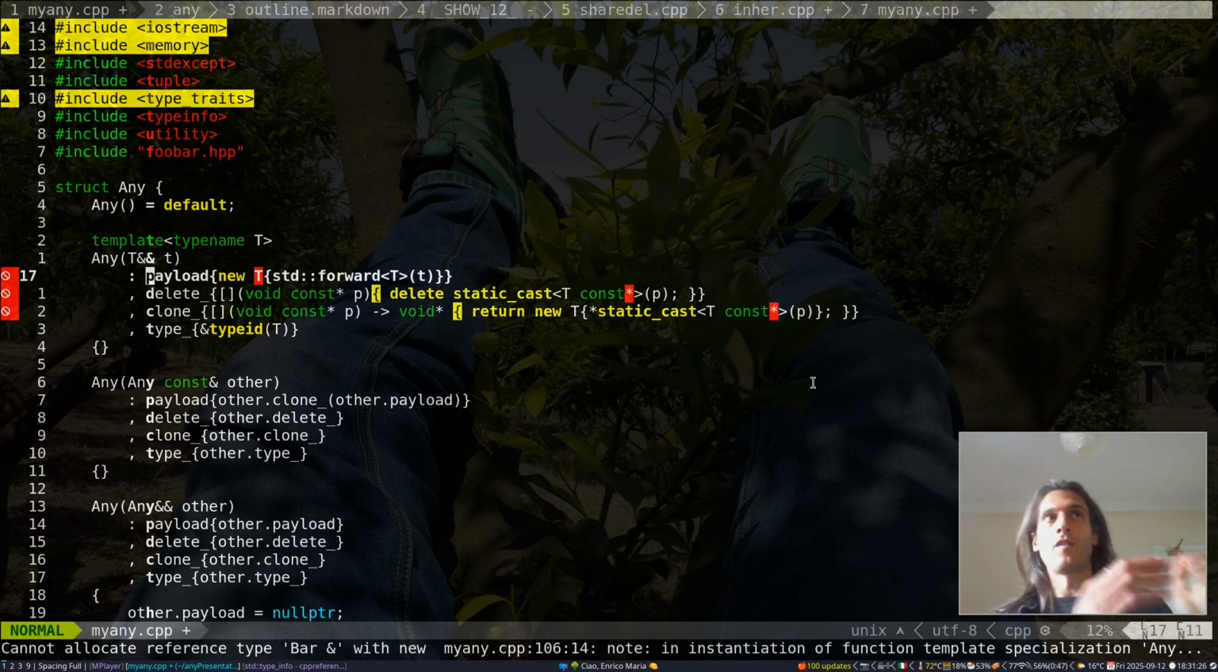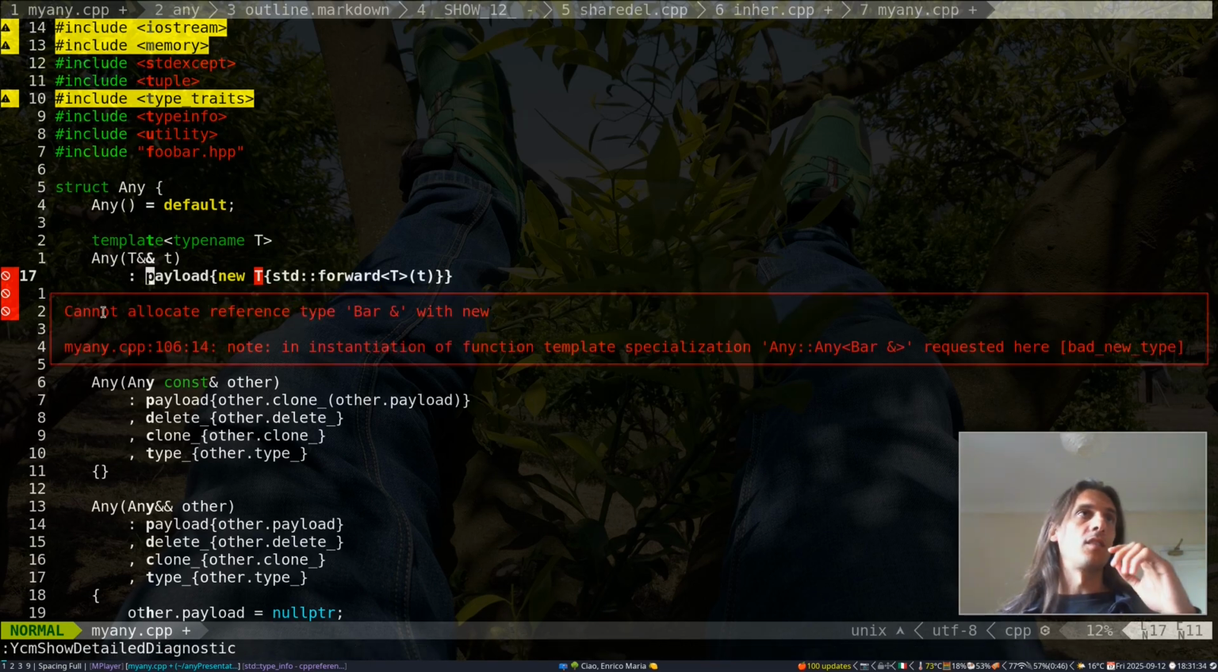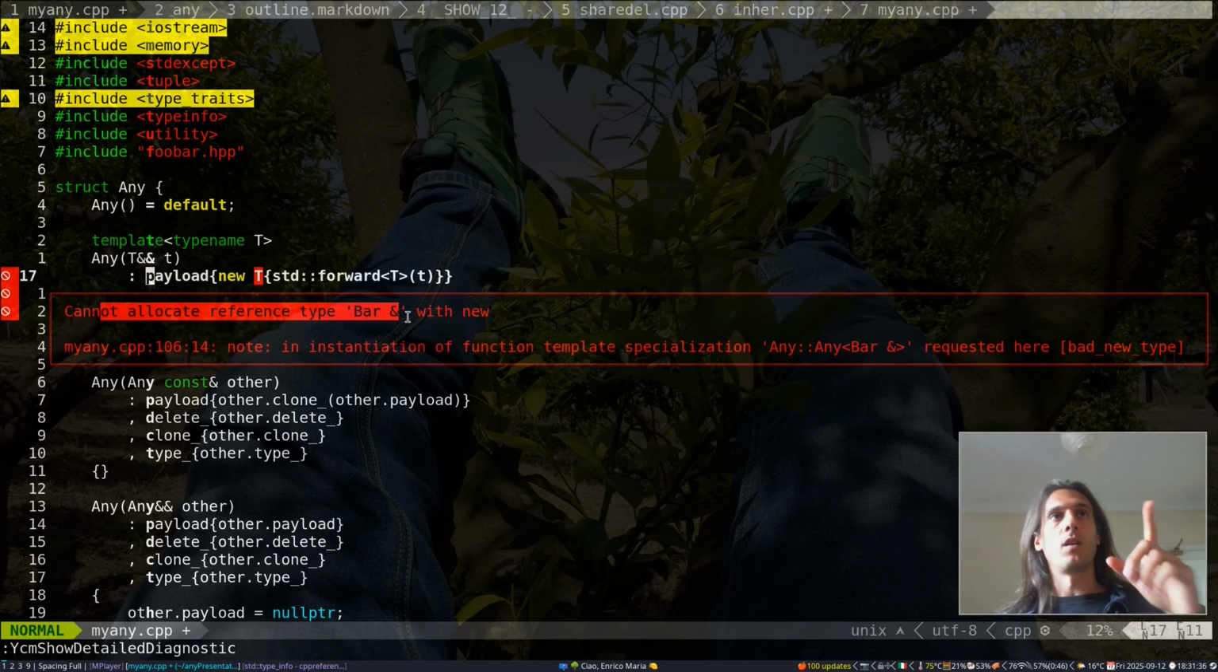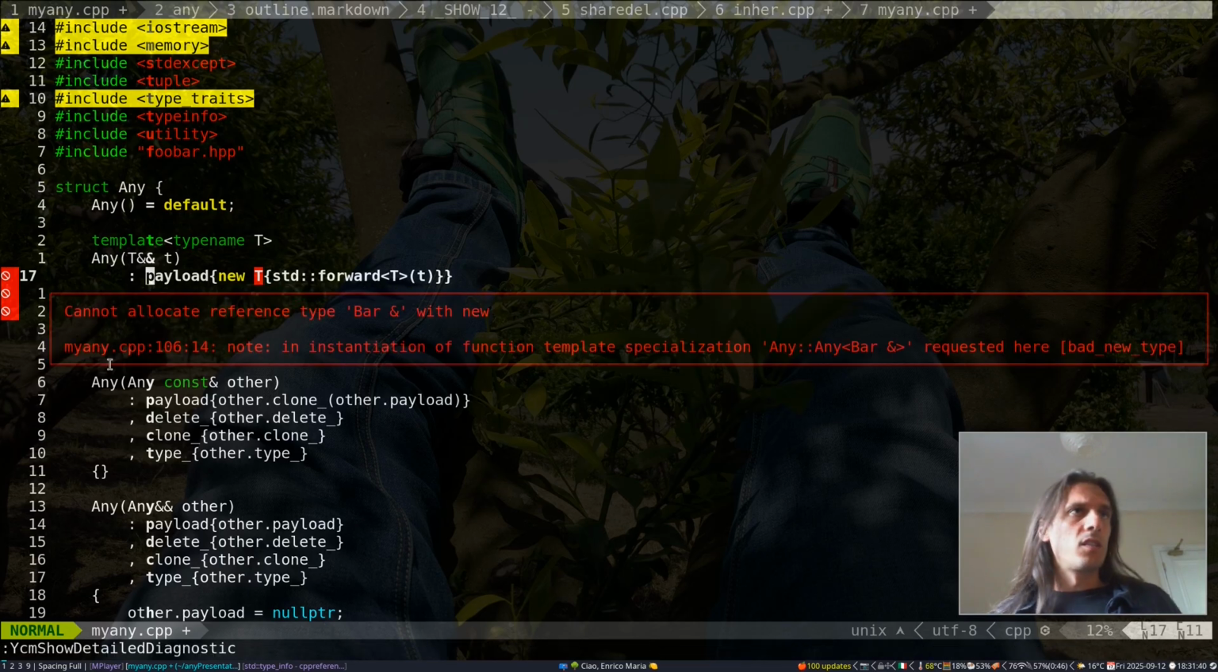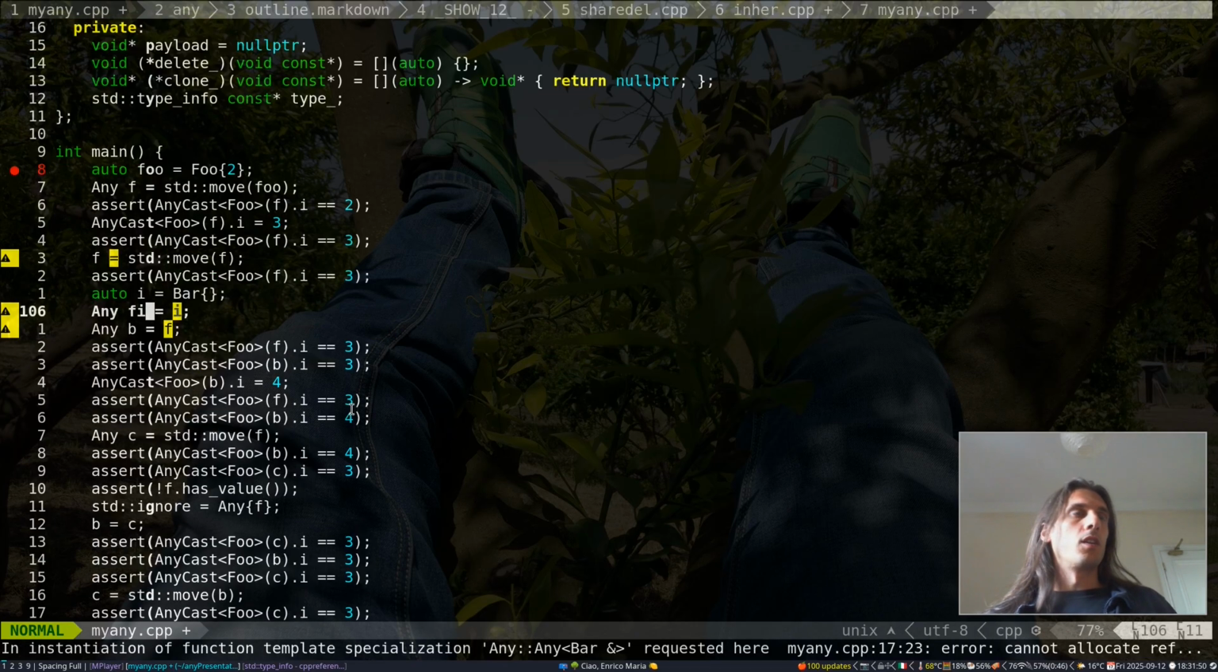So an R value in the caller is passed on as an R value, and an L value is passed on as an L value. Perfect forwarding. But we have this error here which says cannot allocate reference of type bar ampersand. What is that, and where is this coming from? Actually, this tells us that the error is on line 106. If we go to 106,